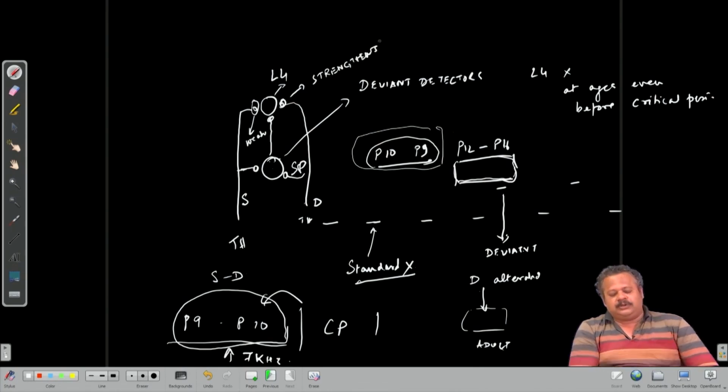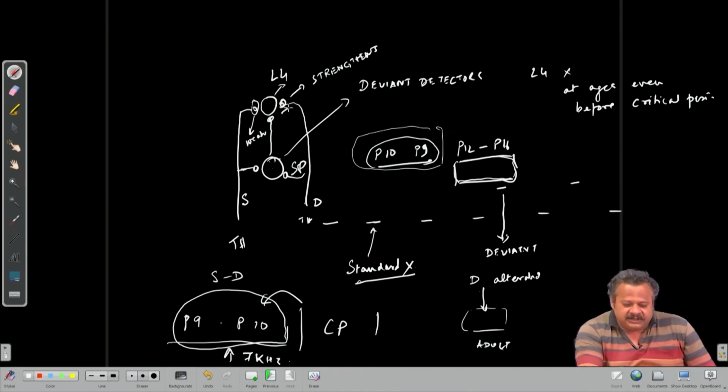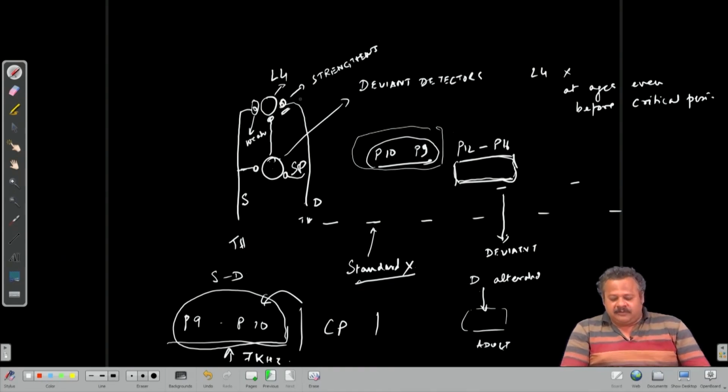So, as opposed to a normally developing one where there is equal presentation of standard and deviant, or in fact just regular development where you have some activity in both, unlike a continuous activity in the standard with minimal activity periodically in deviants. Compared to that scenario, this synapse gets much stronger, which is what is observed in the adult.